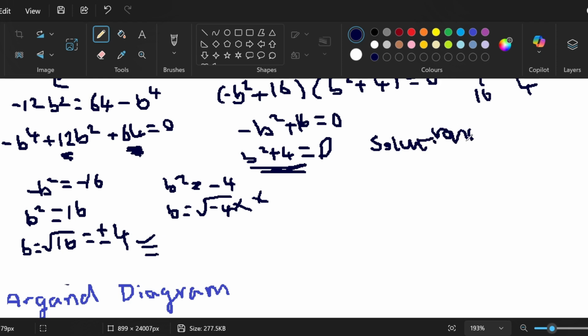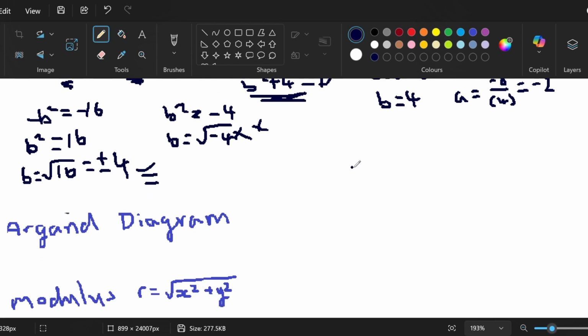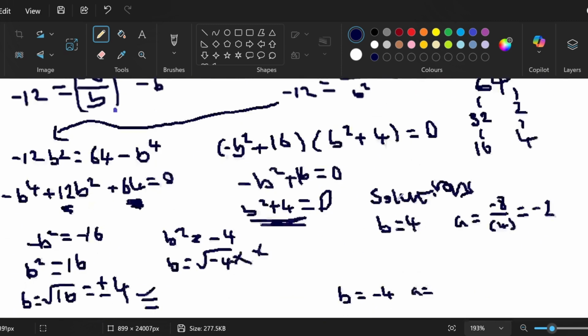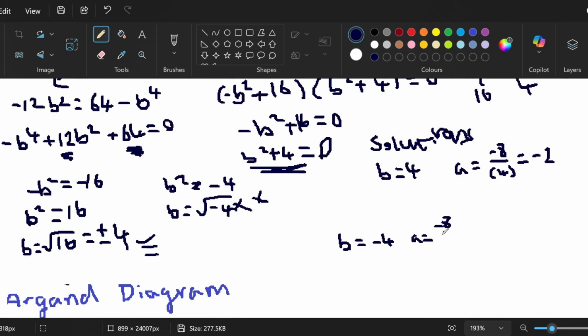When b is equal to 4, a is equal to minus 8 over 4, subbing in for b here. So a is minus 2. And when b is equal to minus 4, then a is equal to, remember from up here, minus 8 over minus 4, which is equal to